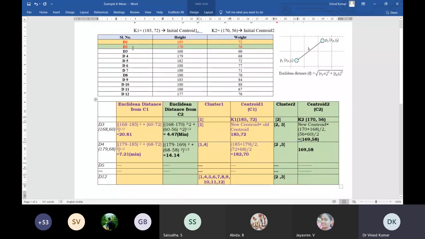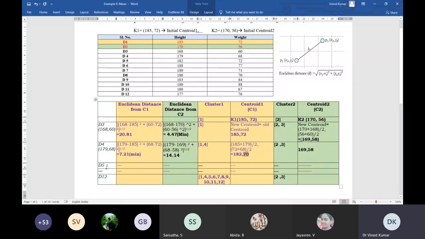These two elements, D1 and D4, came. So 185 and 179 divided by 2, then 72 plus 68 divided by 2. So now my new centroid is 182 and 70.